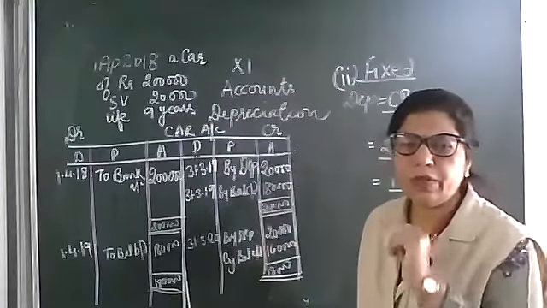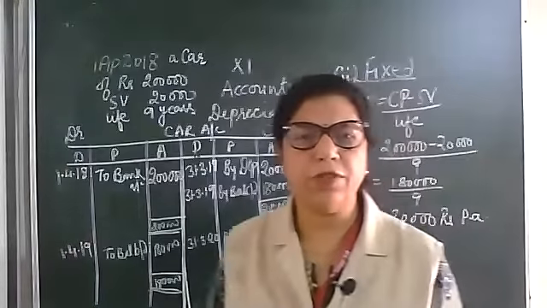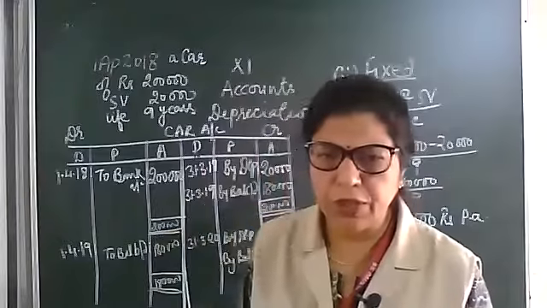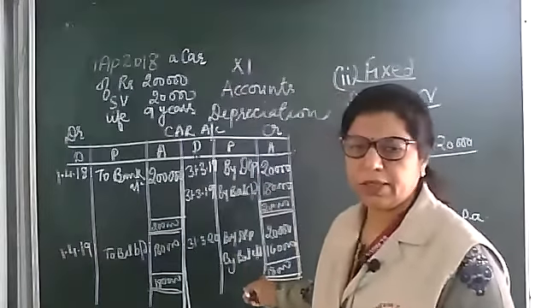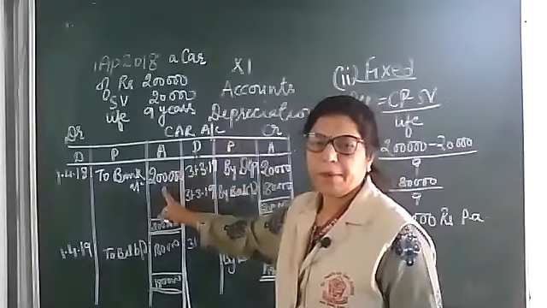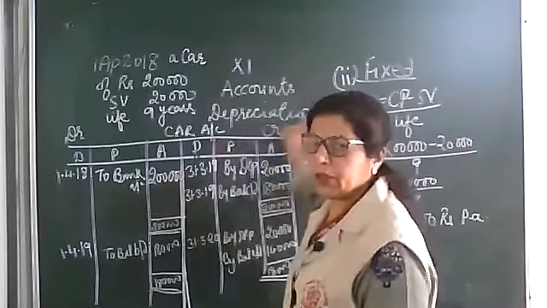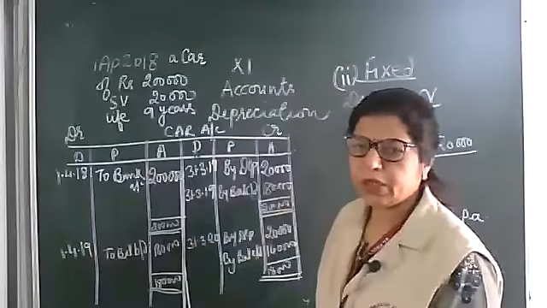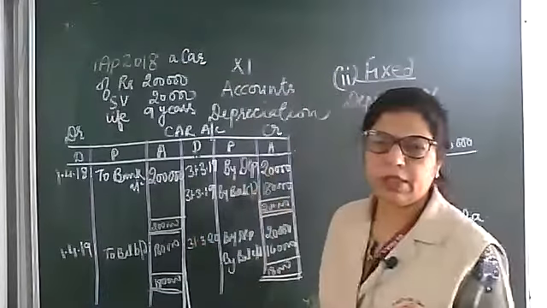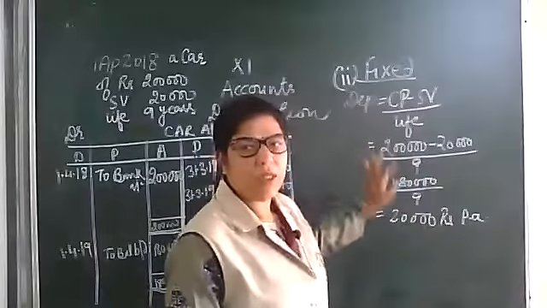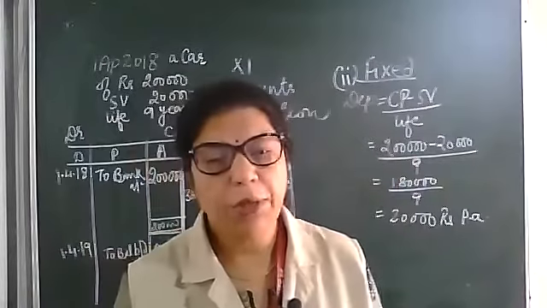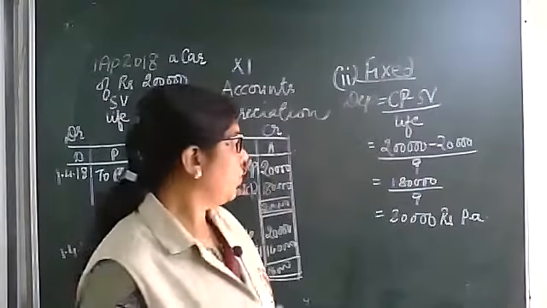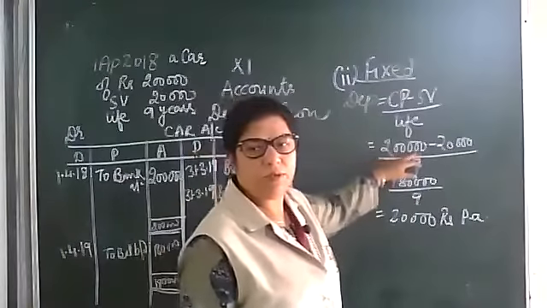These are the 2 years, and if in the exam it is given for 4 years, we have to continue it for the next 4 years also. But first you will see 2 lakh is the purchase price or the cost price. Scrap value and life are given in the question. So the depreciation amount is calculated this way in the formula. Why do we use this formula? Because the rate of depreciation is not given. So we should use it. Okay. Cost price minus scrap value upon life.